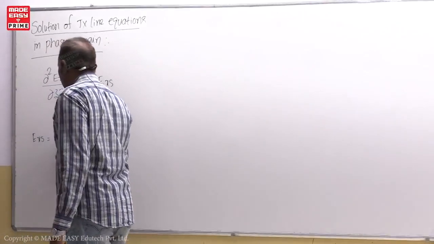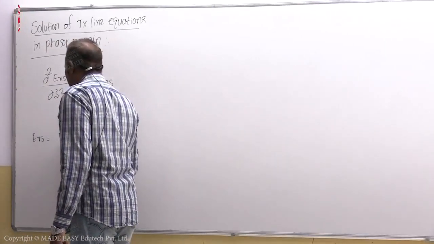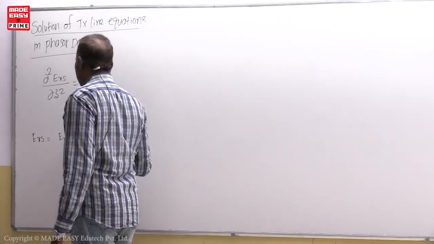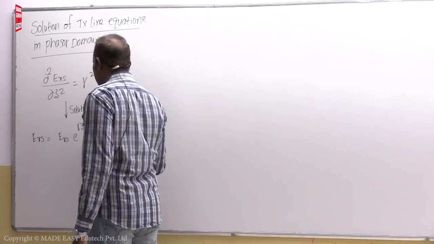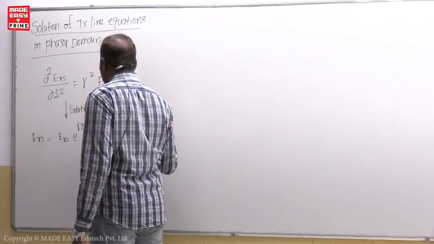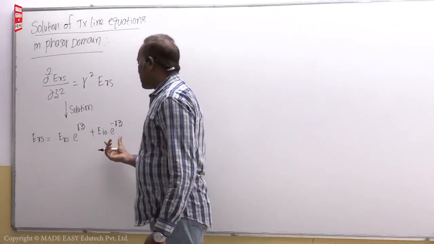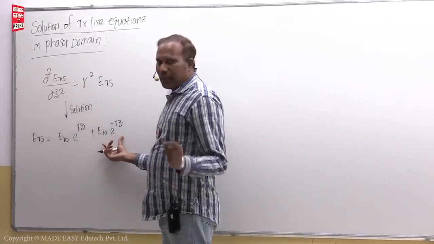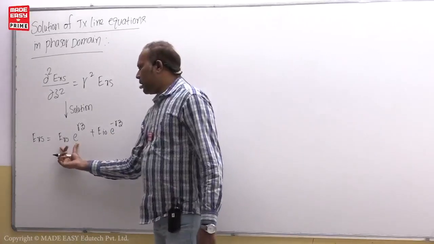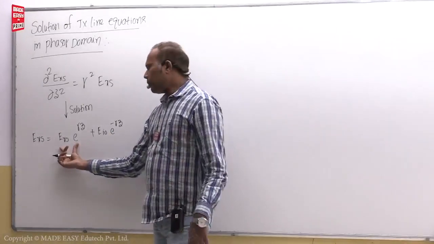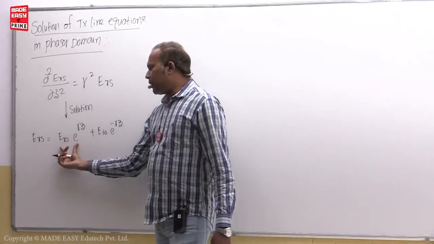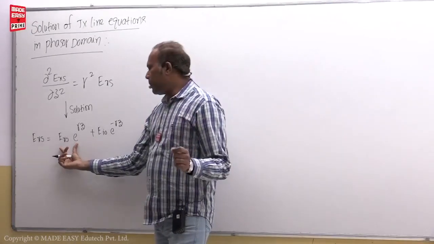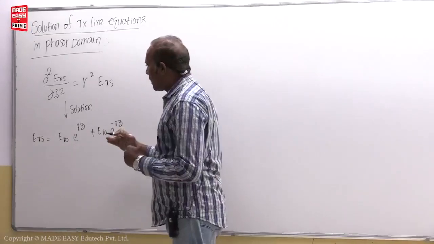Exs = ER0 e^(γz) + EI0 e^(−γz). So it was the electric field equation of the incident wave, or otherwise the wave traveling in the plus z direction. The other was the electric field equation of the reflected wave, or otherwise the wave traveling in the minus z direction. So similar to this,